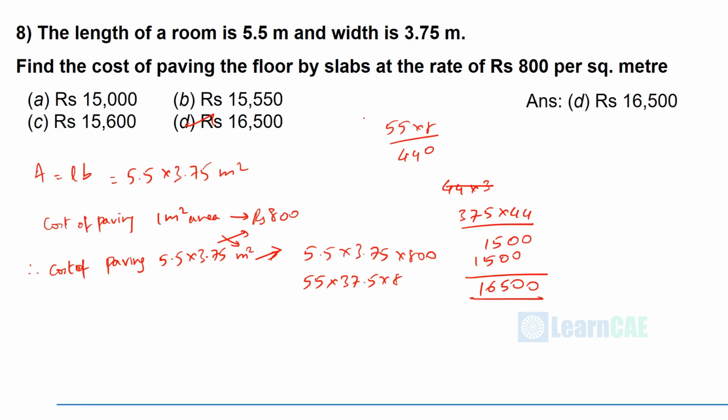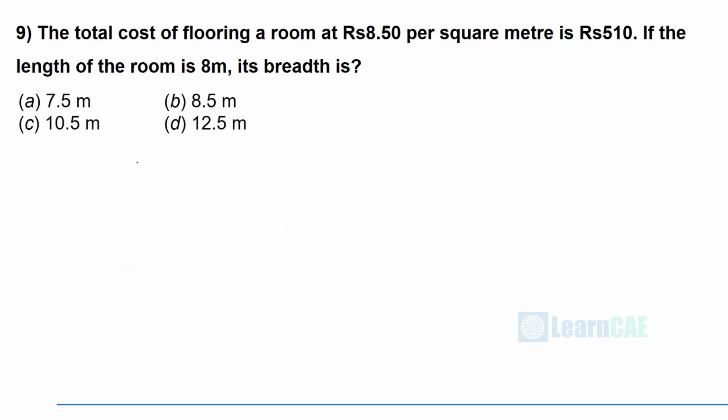The answer is D. The total cost of flooring a room at 8.5 rupees per square meter is rupees 510. If the length of the room is 8 meter, then what is the breadth? This is similar to the previous problem. We have to find out the total area from this cost details. So total cost is rupees 510, and unit cost,